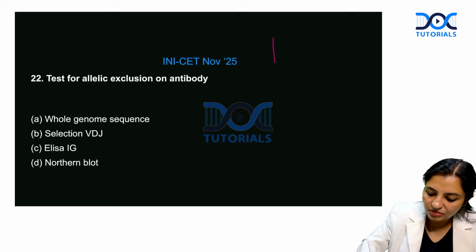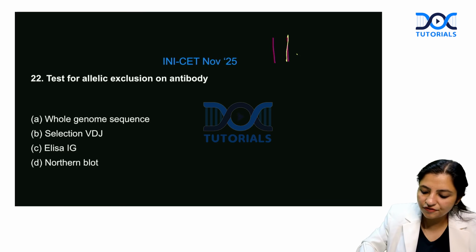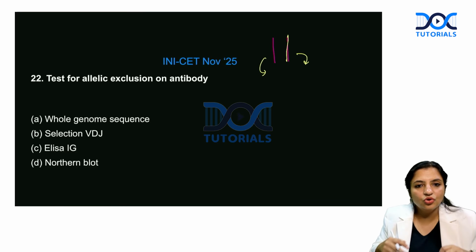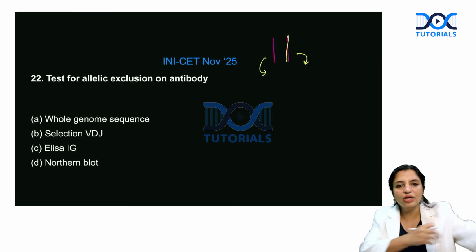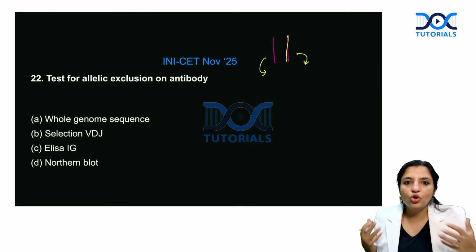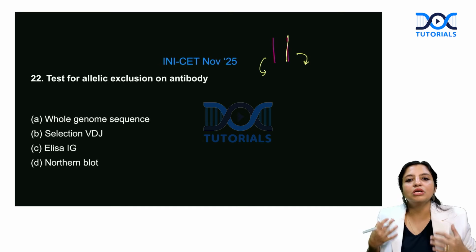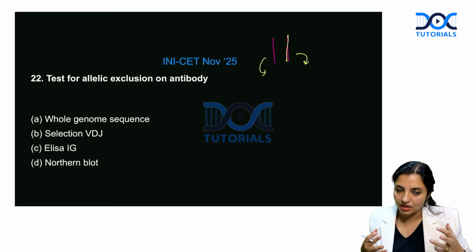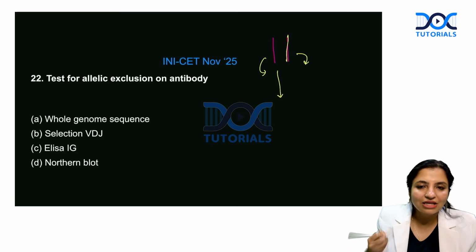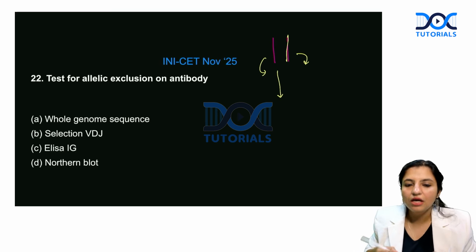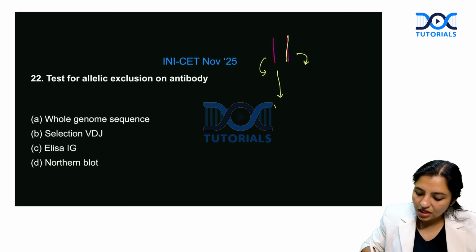We get one from the mother, one from the father. Okay. So now what happens is we get a different set of B cells also in this. So whenever we get a different set of B cells, normally what will our body do? It will select only one allele. Either a paternal allele is selected or a maternal allele is selected, and once it's selected, it will undergo